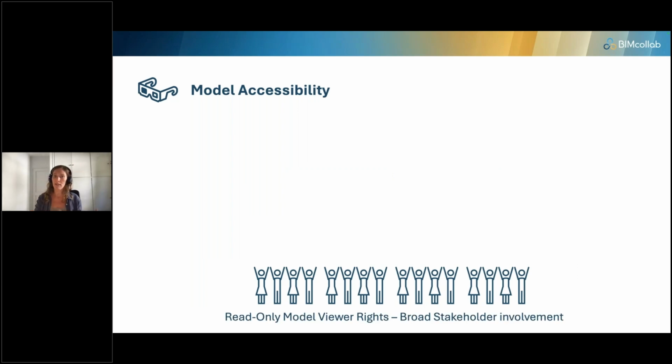Let's now jump to the second concept of accessibility. We said we want the right people to get to the right information or the right models at the right time. So right now with BIMcollab, we have a brand new feature available with our latest release, which is a read-only model viewer. What do I mean by this? I